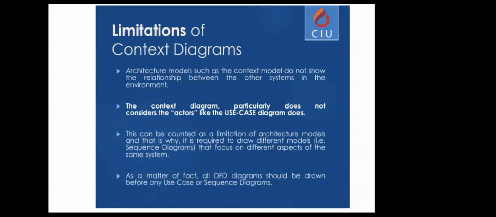The external entities are everything that can interact with your system. This can be a person, such as a customer. It can be an admin. It can be an unregistered member. It can be registered members. So they are actually roles of the system. But an external entity is not only limited to that. It's not only a human being. It can be a part of the system as well.